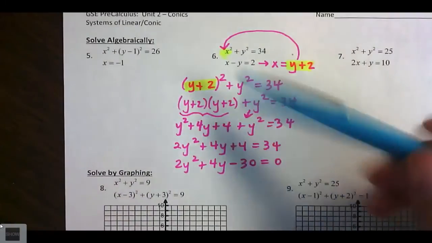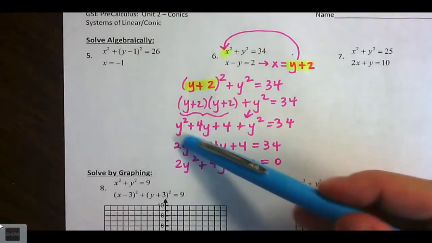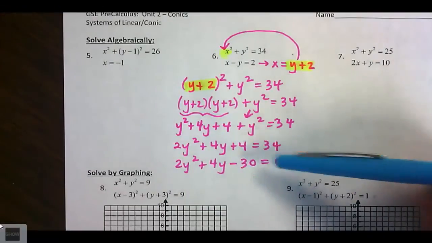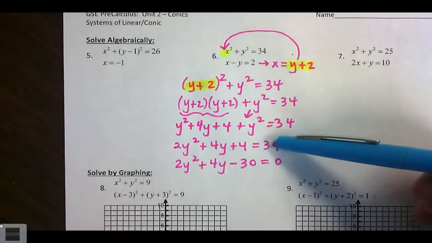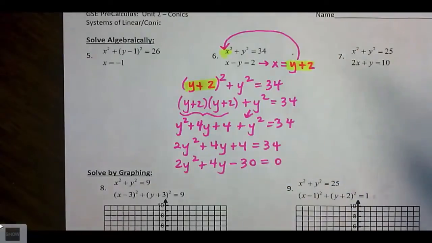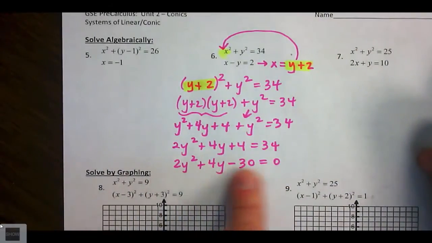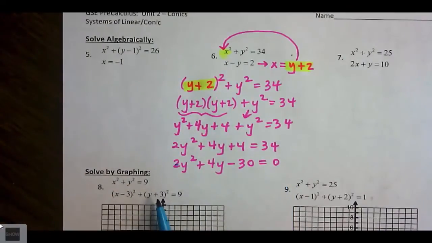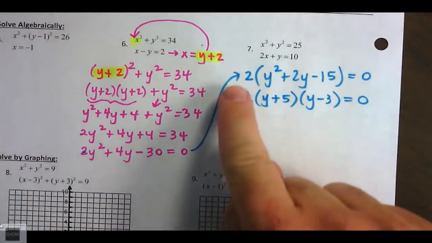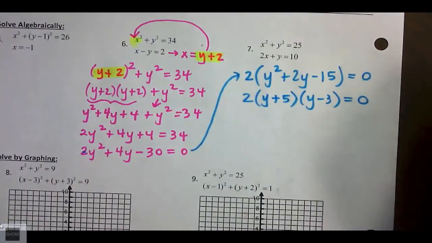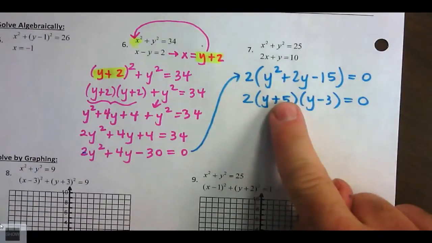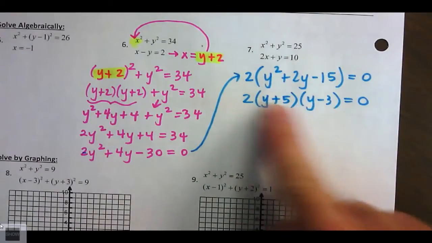So I notice that y squared and y squared is 2y squared. Notice the y squareds don't change. And since I'm solving, I want it equal to 0, so I'm going to move the 34 over so it's now in the following quadratic trinomial. And what I hope happens is I can factor to solve. And as you can see here, I'm able to take out a GCF first, which is awesome, and then this trinomial can be factored beautifully. This is amazing stuff. It can be factored nicely to those two